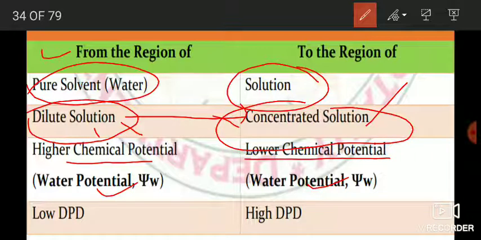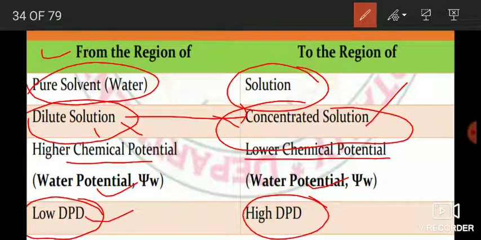Okay, and one more term is DPD, the movement of water molecules from lower DPD to higher DPD. What is DPD? DPD is actually the amount by which the diffusion pressure of water molecules gets reduced by the addition of solute. Okay, अगर आपके पास